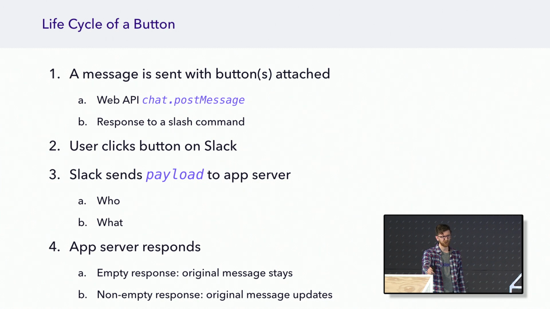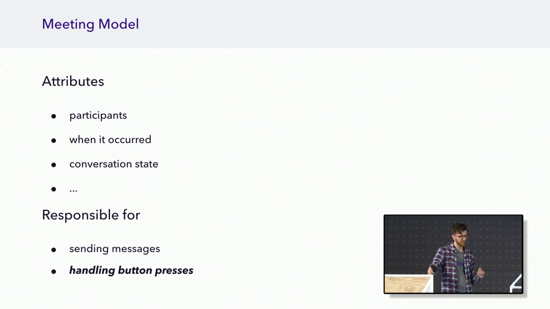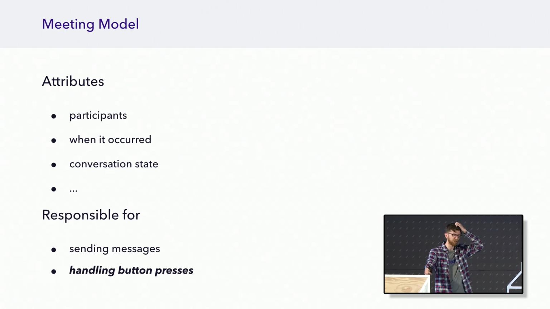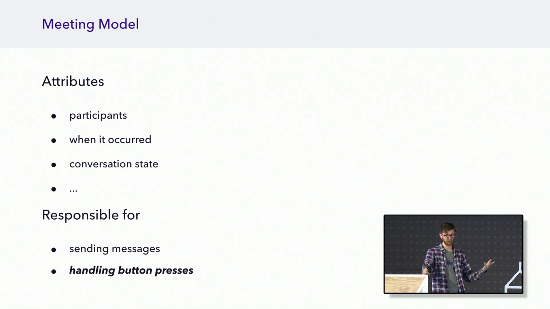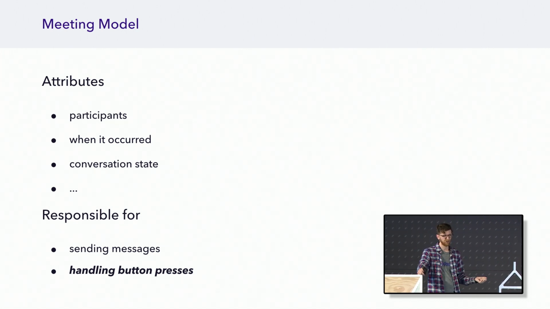Okay, so we're going to start to put together some code for a simple web app to actually do this. But before we get into the code, we talked about the fact that we're going to record in the database what action was taken. And so I just want to introduce the idea here of a meeting model. So we're going to have a database model that we're calling meeting, and this corresponds to the meeting between Dan and Kippy. There's a number of attributes on the model, including who the participants were, when was this meeting, what's the state of it, did we introduce them yet, have we sent those buttons out yet, did they respond?